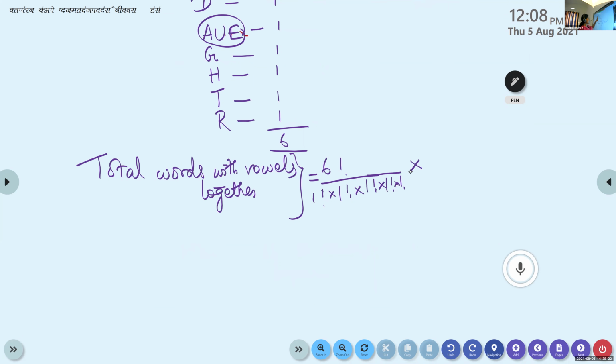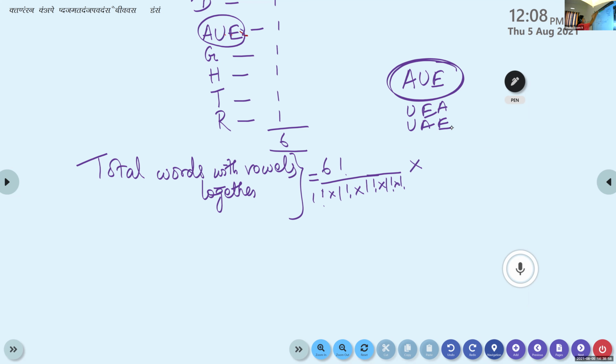We consider the word daughter with the vowels together. Look at the vowels A, U, E. These 3 alphabets can be arranged in 3 places. If you take the vowels A, U, E, we can arrange them in different ways. We can start with U, you can write UAE. So 3 alphabets in 3 places, that arrangement also we should consider. Is it clear?